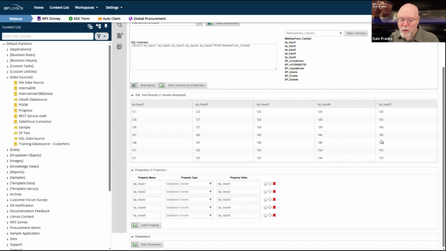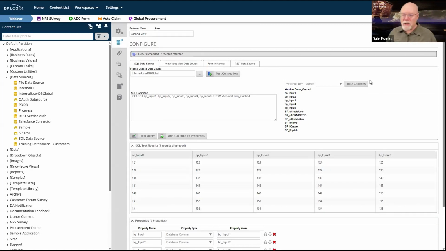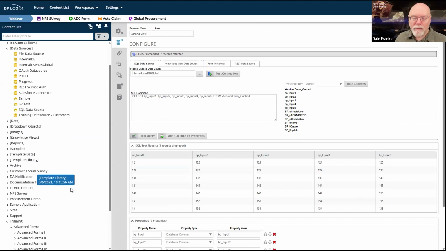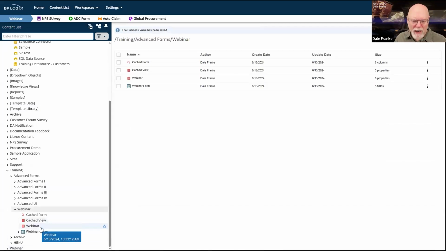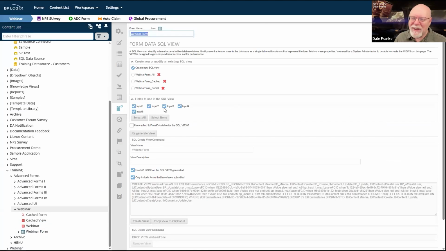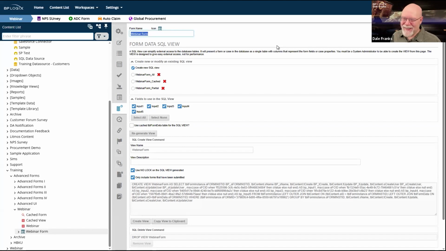I can parameterize it, whatever I need to do, I can do to grab the data that I want out of this form. So being able to use the SQL view, the form data SQL view. Now I can't think of what the name of the tab is. It's the form data SQL view tab. It's interesting when you name something by putting four nouns together, but there's the tab.